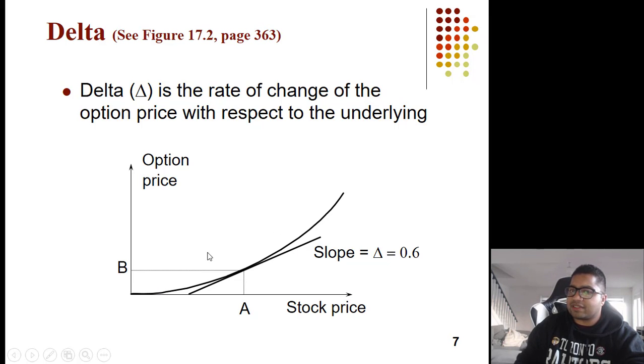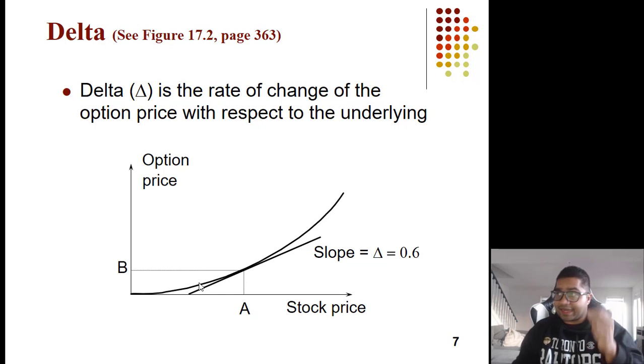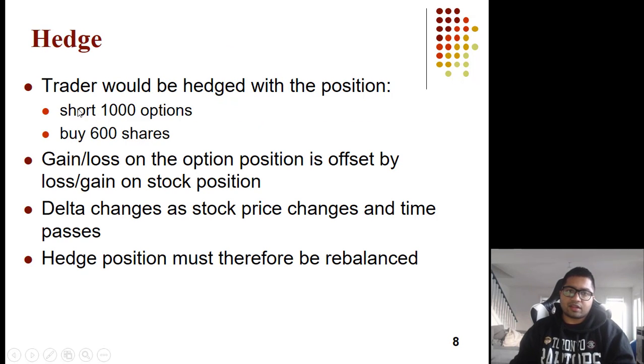The adjustment you have to make is the gamma adjustment. So delta predicts option prices for small moves, but not for large moves. Okay. A trader would be hedged with a position,